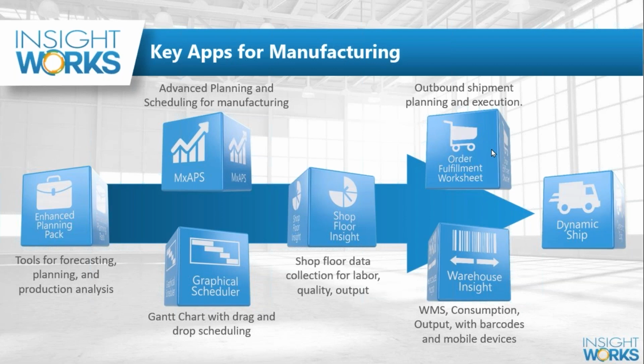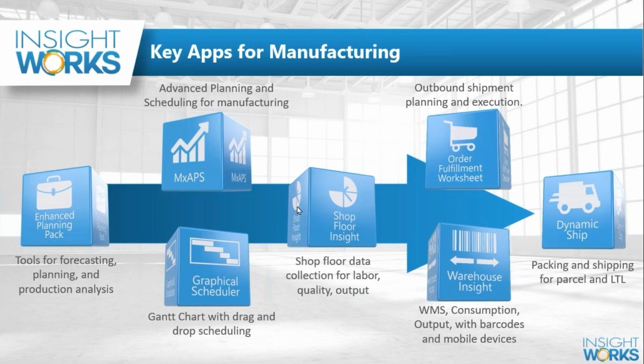And the order fulfillment worksheet basically calculates what we can fulfill today, what we can ship today, generates pick tickets, all that sort of thing. And then finally, we send it out to be shipped. So if it's packaged, you could use the free Order Ship Express, or if you're doing LTL or you need more advanced shipping capabilities, you can look at our Dynamic Ship product, which allows you to get that product out the door. So again, we're going to plan it, we're going to schedule it, we're going to execute it.